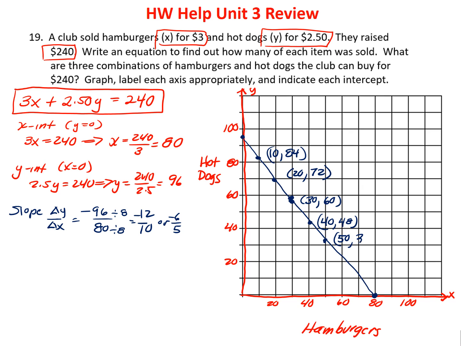48 minus 12 is going to be 36. And then go to 60 hamburgers. Notice I'm going up 10, and so that means this goes down 12. 36 minus 12 is 24 hamburgers. And then up 10 to 70 hamburgers, and 24 minus 12 is 12. And if we did it right, up to 80, and then 12 minus 12 is 0, and we're back to